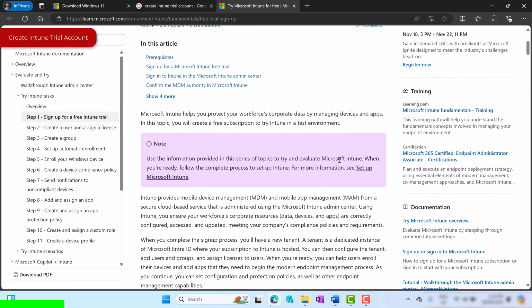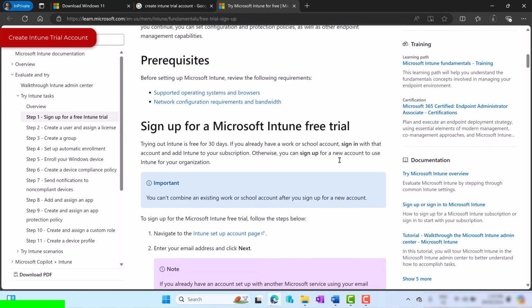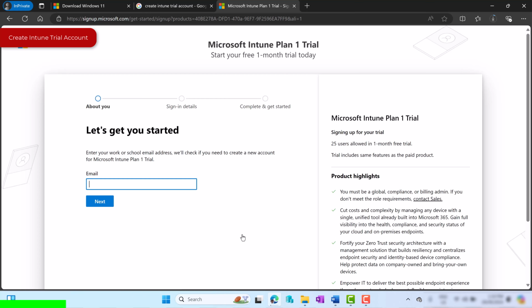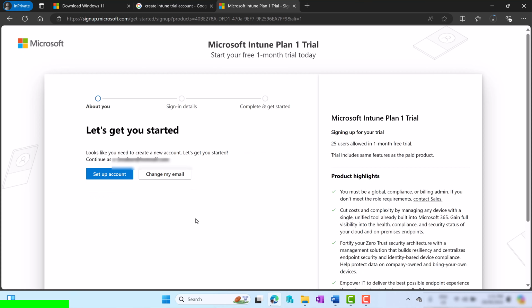Once you open it, click on the Intune setup account page, and this is where we can see that we are going to create a new Intune trial account, an Intune Plan 1 trial account, which consists of 25 users and is going to be valid for 30 days. So enter the email ID, click on setup account,